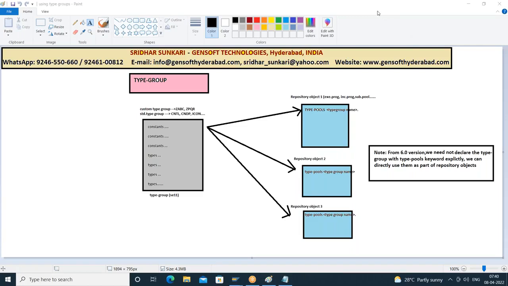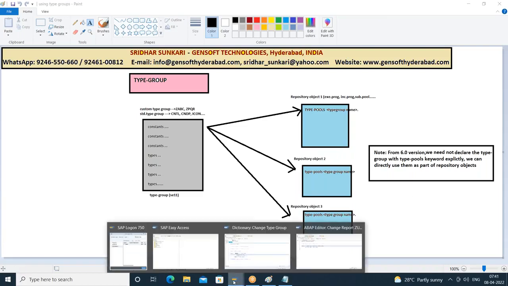Any questions related to type groups? Okay, similarly,